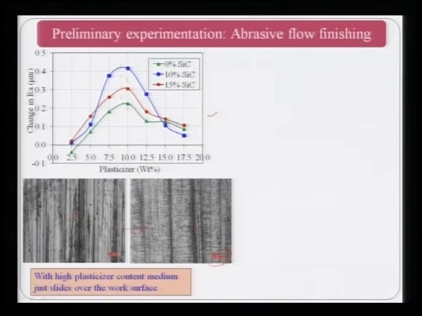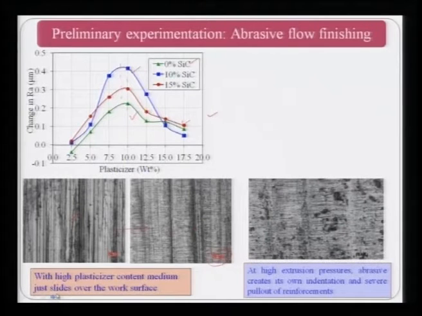You can see here 0% silicon carbide, that means pure aluminum alloy, 10% is the metal matrix composite with 10% silicon carbide, and red color is again metal matrix composite with 15% silicon carbide. So, there is an optimum value of plasticizer; if you use more or less than that, it is not going to give you the best performance.